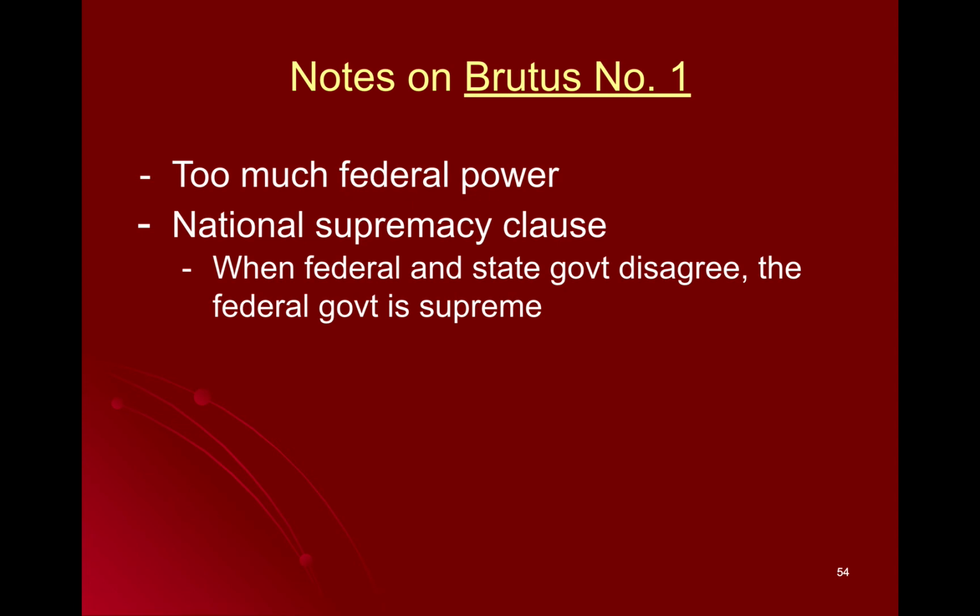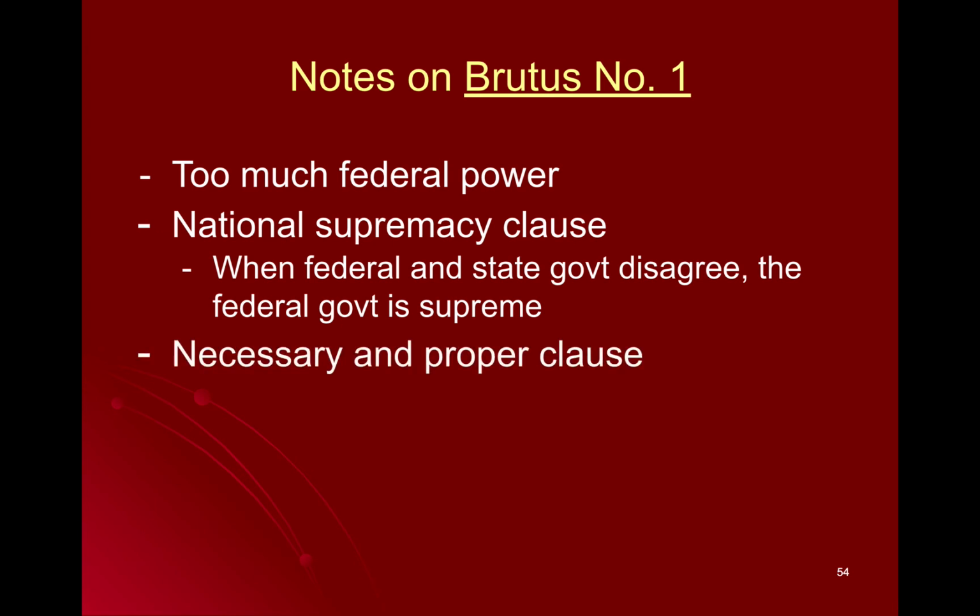Now, according to the Constitution, this is only in certain areas. It just so happens that those areas are of major national importance. So the Anti-Federalists believe that the Supremacy Clause will give the federal government tons of power to negate things that the states really want to do and thus limit states' power.